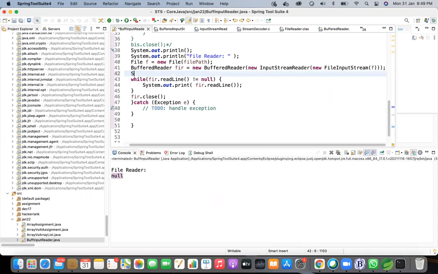Just a string outside while, right? Yeah, a string reference, and use that reference in the while loop. Yes, str equal to fr.readline, and just print the str here. Yeah, try to execute it.